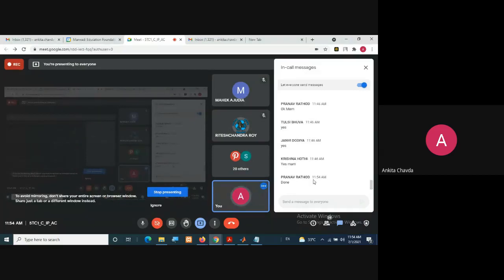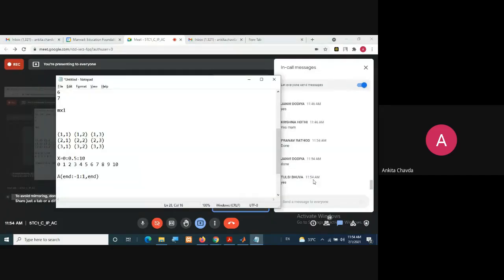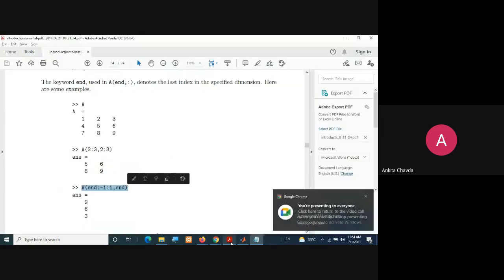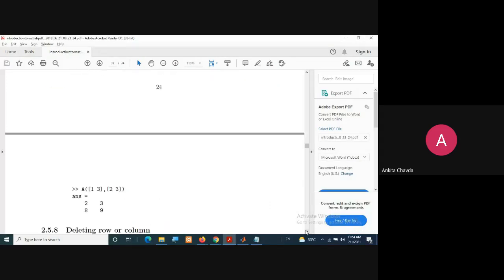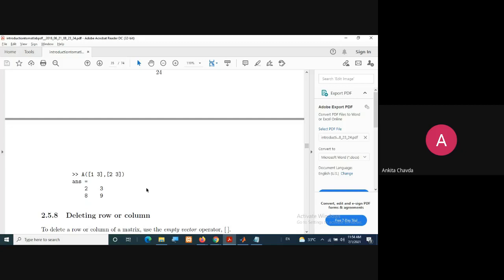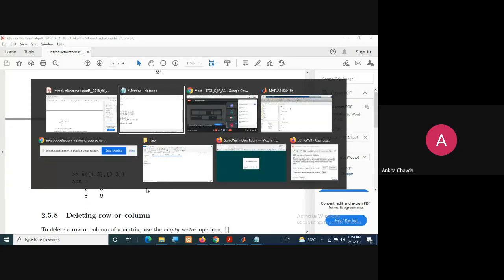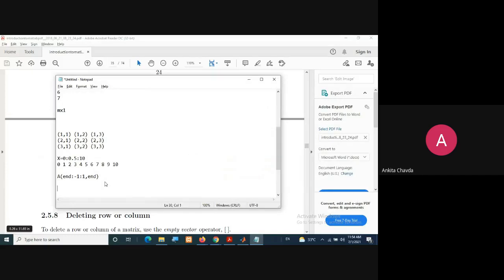Fine, done. And the last one for today is this. Again, you have two methods here. One you write like this, A of, suppose, second to third row, and suppose first to second column.